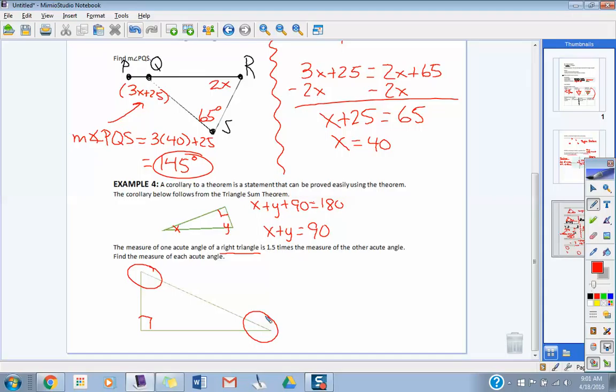First one. So I'm going to call the smaller one angle x. That means the bigger angle is 1.5 times bigger than 1x. So if the smaller angle is 1x, how is the expression going to look for the bigger angle here? It is 1.5 times that. 1.5x. These two angles that are circled right here, you know they have to add up to how many degrees? 90. So couldn't I set an equation up as 1.5x plus